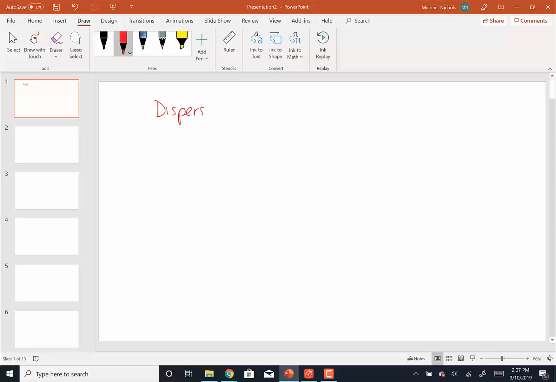Two molecules will undergo dispersion if they are both basically non-polar molecules. And if they are polar molecules, then they will undergo dipole-dipole